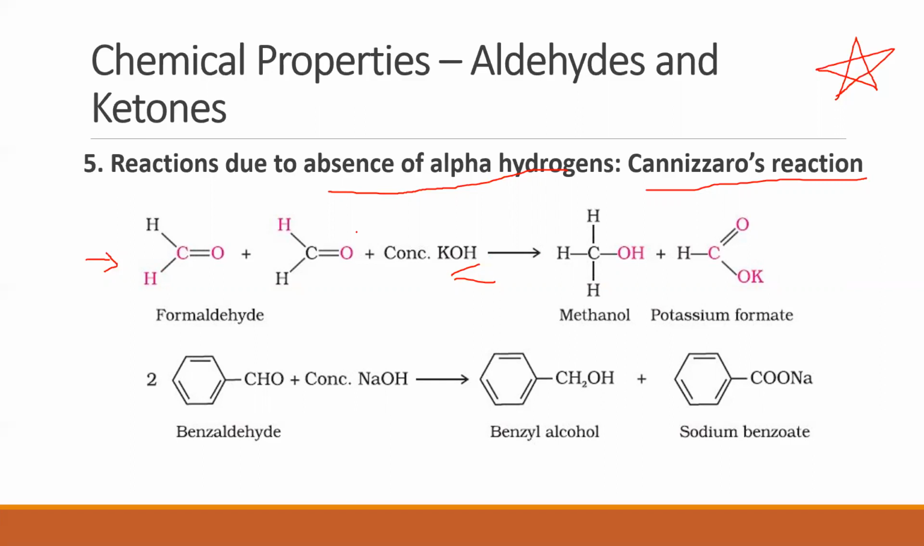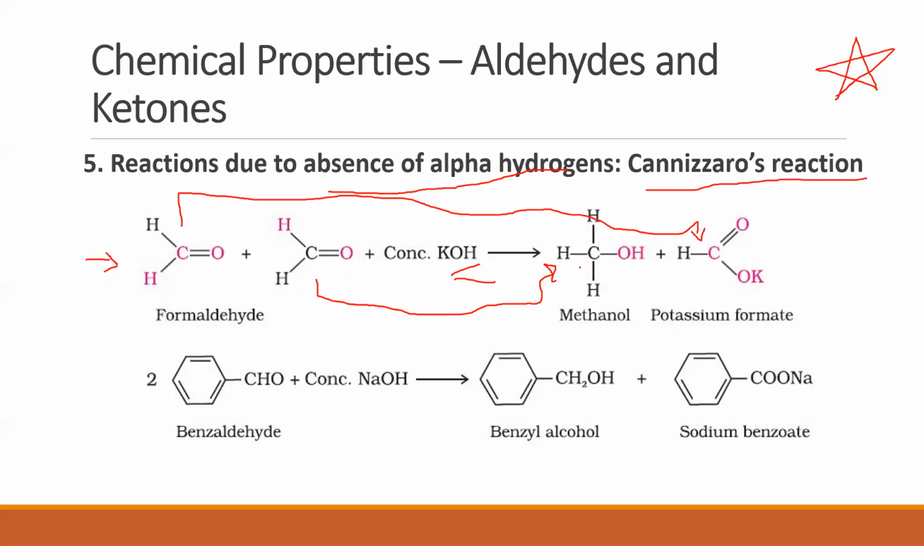So if I have to explain with formaldehyde, 1 mole of formaldehyde gets oxidized to form carboxylic acid. The other mole of formaldehyde gets reduced to form alcohol. So out of 2 moles, one compound undergoes oxidation to form the potassium salt. The other aldehyde gets reduced to form an alcohol. Such a reaction is called as